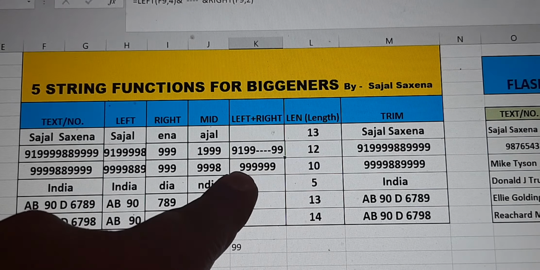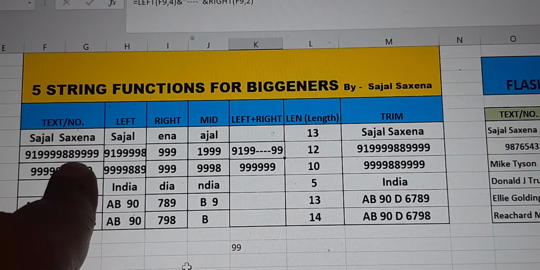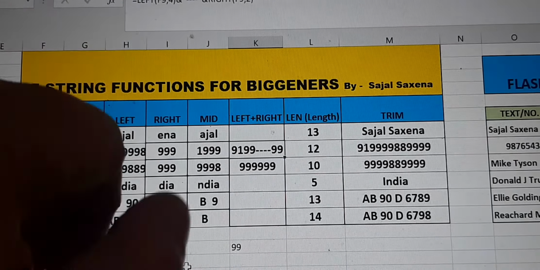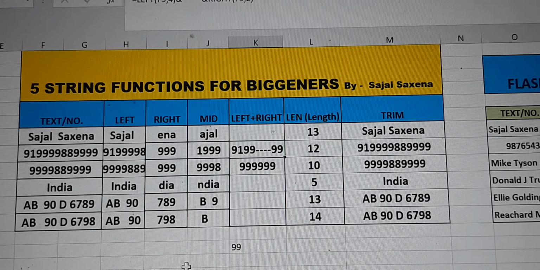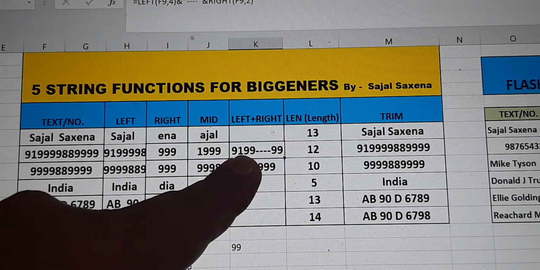So how it is done? I repeat once again, equal to sign, then type in left, bracket begins, cell address, which is F9, then the number of characters that we want. We have taken maybe first four characters. Look out here, first four characters.